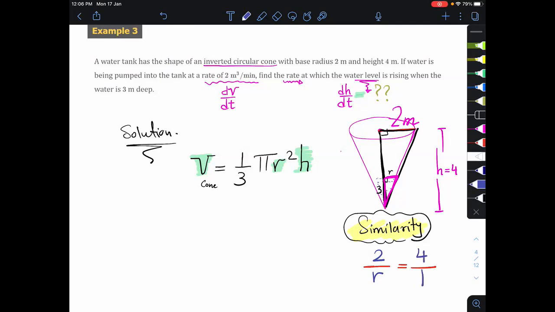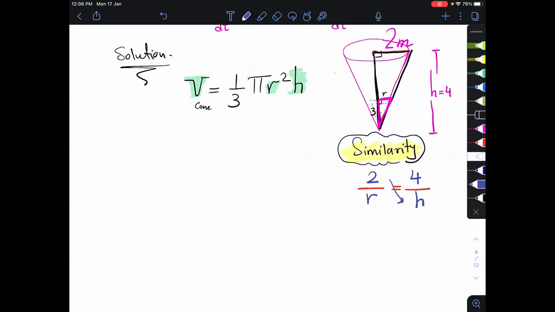طب محتاجة h. ما هي ال 3 دي بتتغير. When it's 3, ممكن when it's 2, when it's 9, when it's 3.4. So to find a relationship between r and h, leave the h and r the same in the small triangle. يعني don't use the 3, use it as h. لحد بس ما تطلع relationship between r and h. So 4r, cross product, is equal to 2h, and r is equal to h over 2. بس ليه 2 over r؟